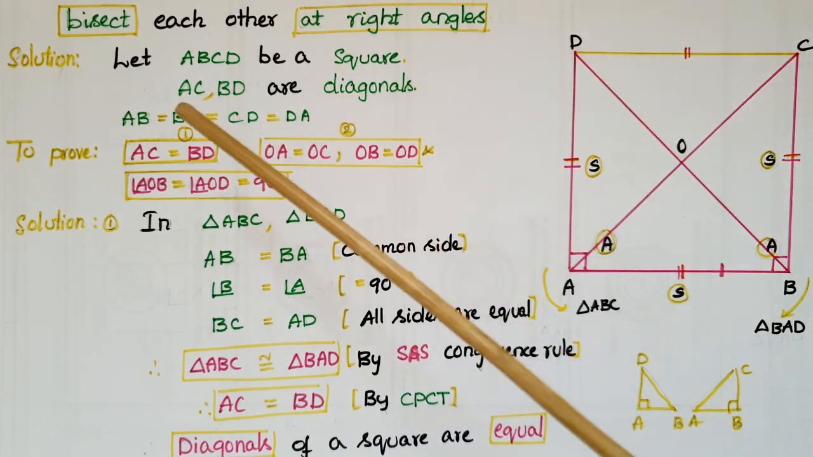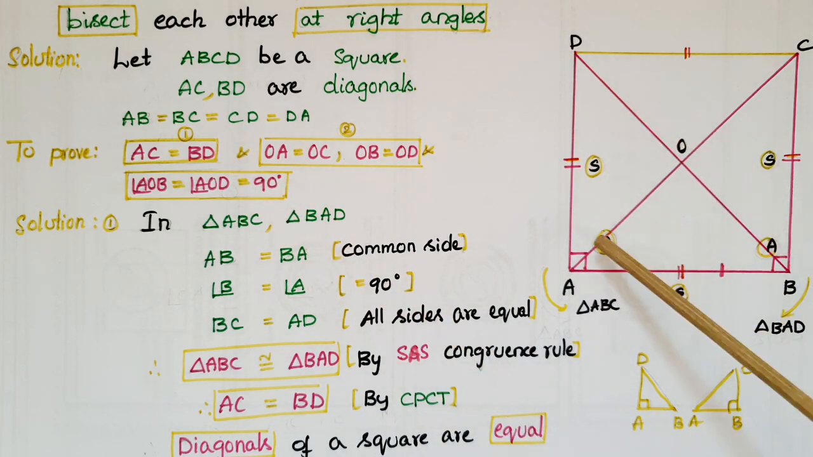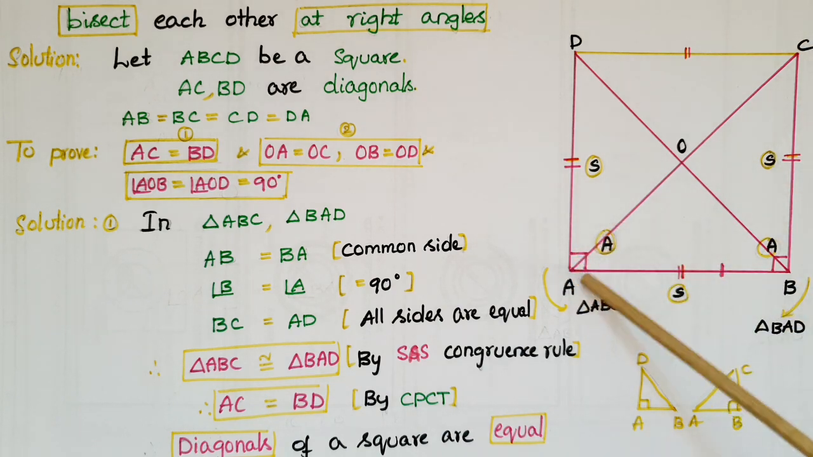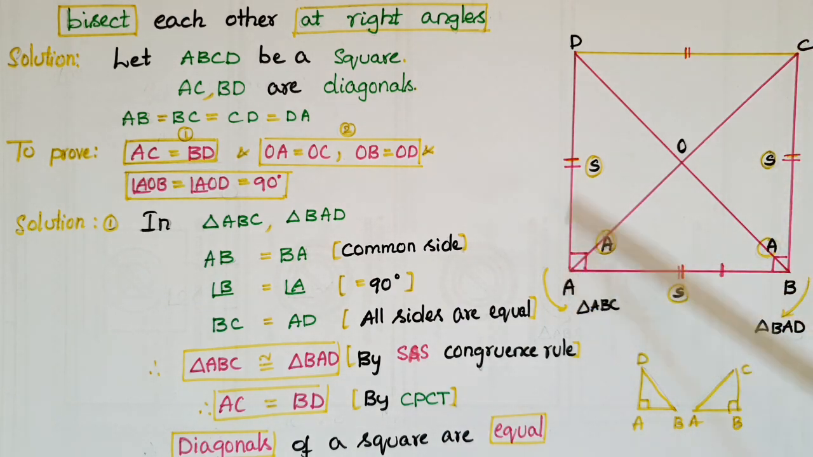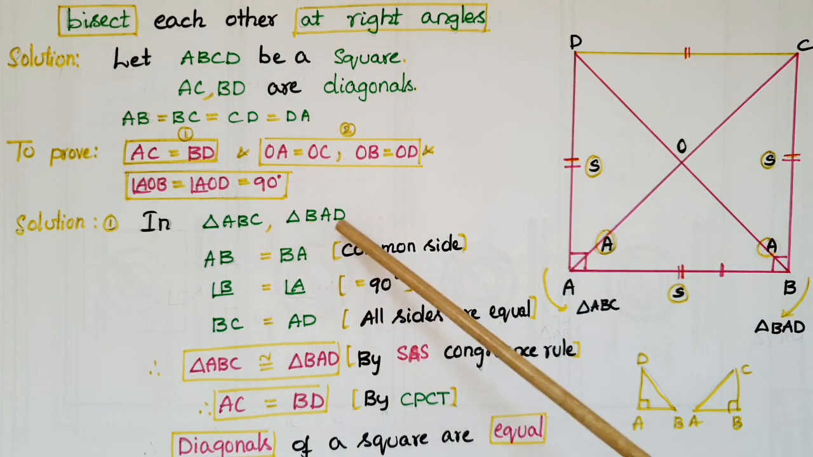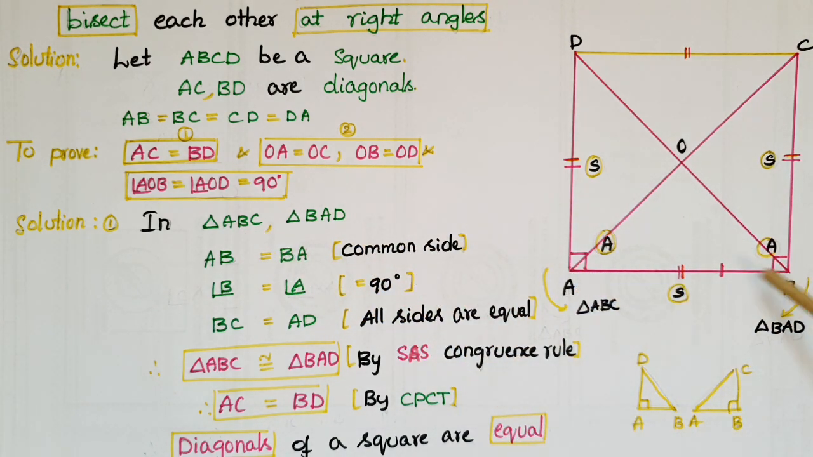First, we have to prove that AC is equal to BD. That means the diagonals of the square are equal. If you observe, AC and BD are sides of these two triangles, triangle ABC and triangle BAD. So take these two triangles. In triangle ABC and triangle BAD, AB is equal to BA. This is the common side of these two triangles, and angle B is equal to angle A is equal to